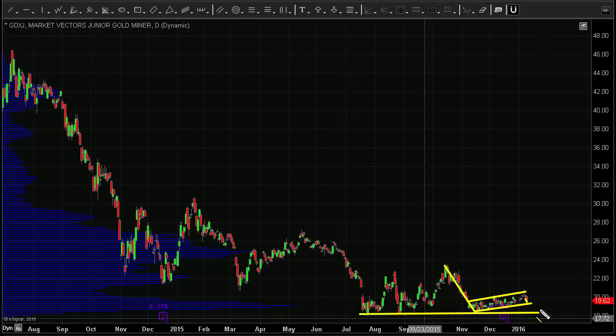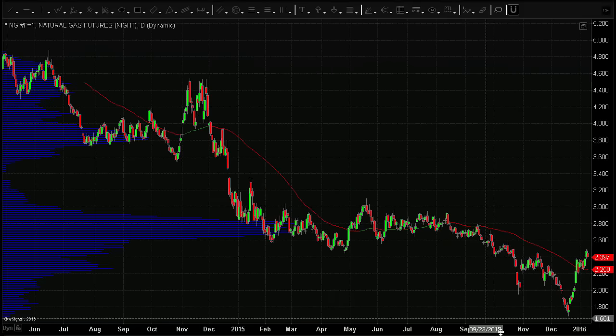If this level is broken, the longer the consolidation is, usually the bigger the drop to the downside. So we could be in for a big washout still here in gold and silver, and especially in miners to the downside. But we'll see how things unfold, and we may be looking to do a short play on gold and silver because they're still in bear markets and they're all trading up near short-term resistance and showing some weakness. Looking at energies real quick, natural gas down